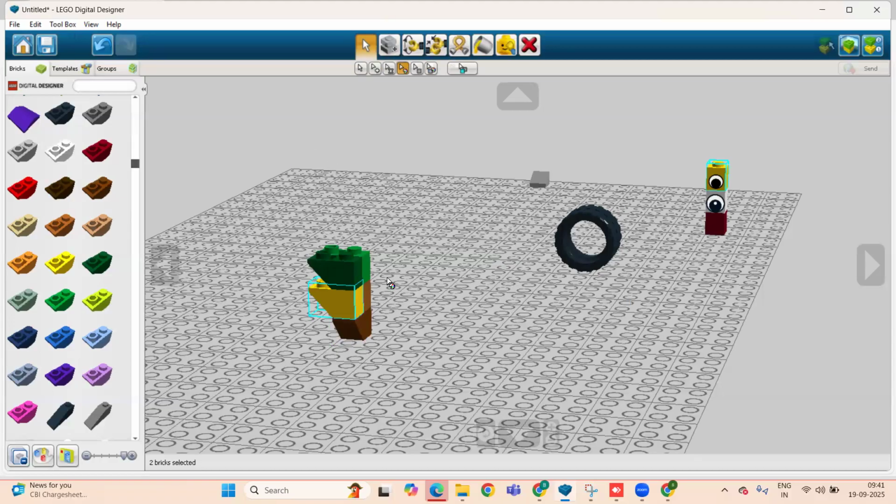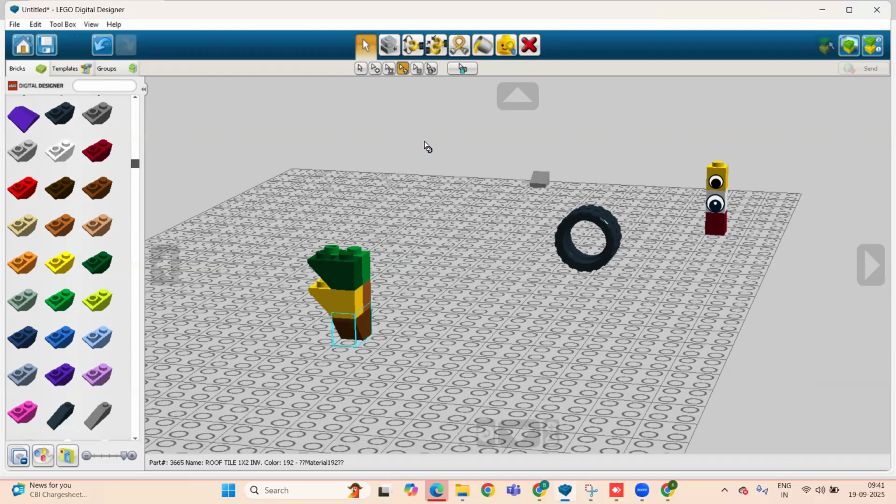Like if I have a big model in which we have, for example, 10 yellow color bricks or 10 red color bricks, and I want to select all the red color bricks. So this tool is very helpful at that time. Okay. If in case I am selecting brown color, there is no other brown color, that's why only one is selected.